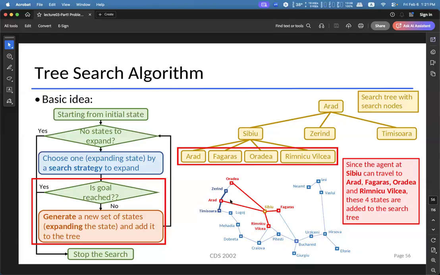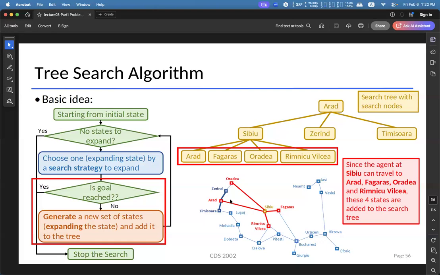The first problem is how we record down the search process up to now. We need to have a data structure that stores what kinds of paths we have been exploring up to now. So this is the first problem we want to solve. And we can solve it by using the search tree.